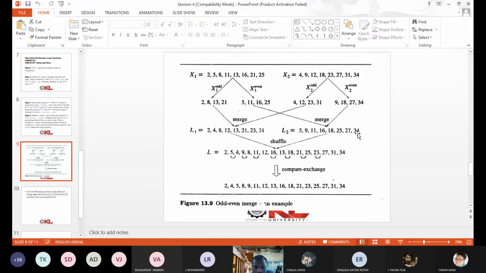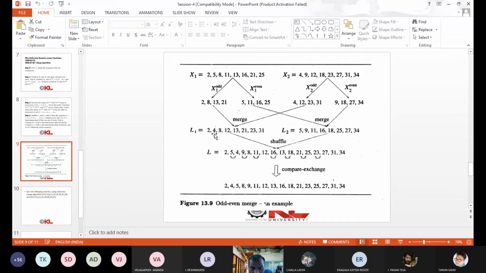Now we have two sorted lists, L1 and L2. Now what we do is, we shuffle them. We do the shuffling process. In the shuffling process, first we write the first element of L1. What is the first element of L1? 2. Very good. What is the first element of L2? 5. Then you write the 5 here.